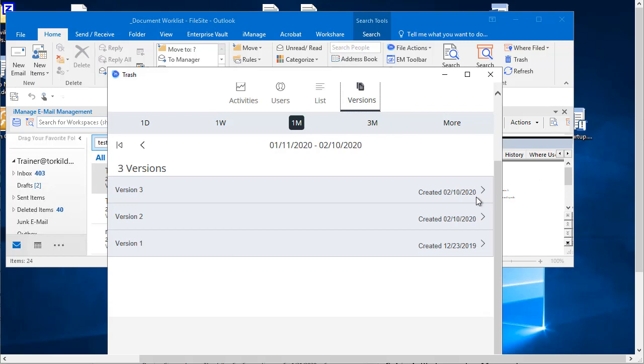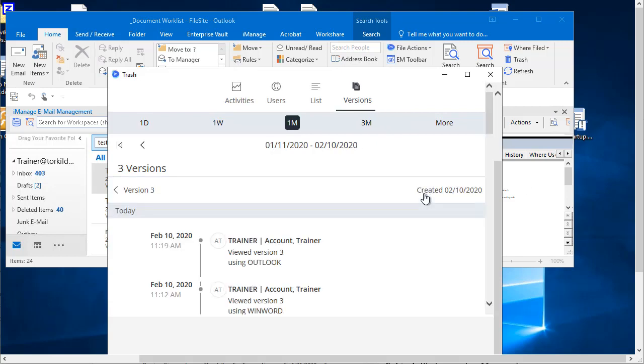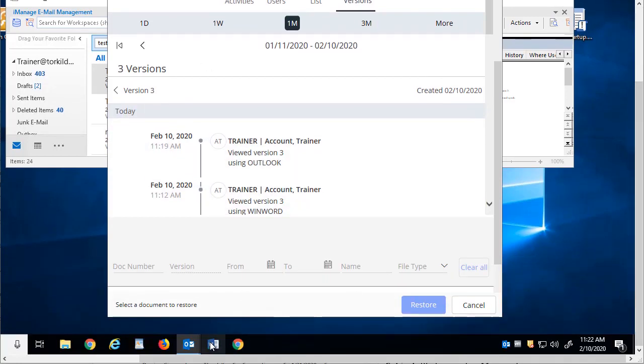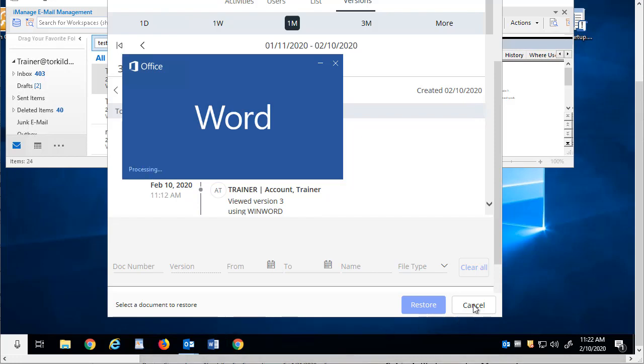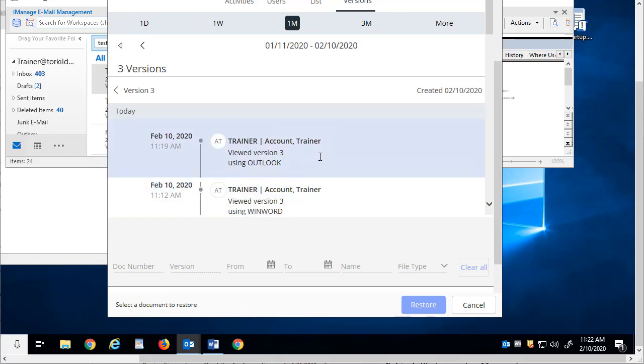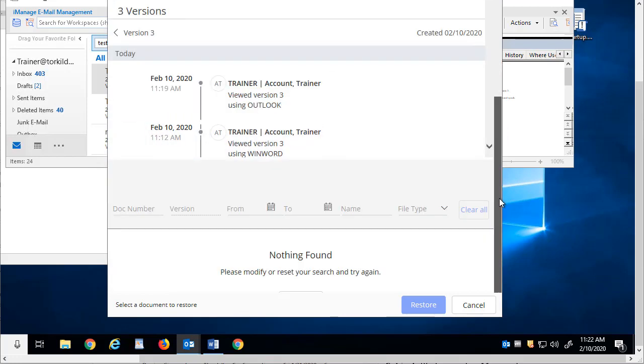But what about where you were working on the document and you made changes and saved it, but not as a new version? Well, if you're just typing save, you're not going to get those back. But anytime you save and then close, or if you're in Word and you use the save and sync, which I'll pull up here and show you in a second. I'll show you after I do this, in case you're not familiar with that. When you look at this list of versions here in iManage,